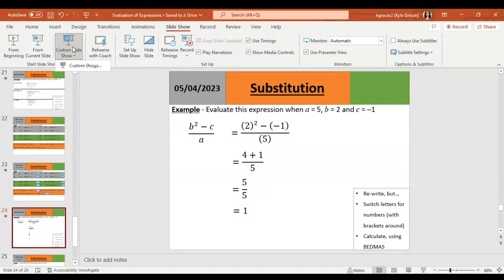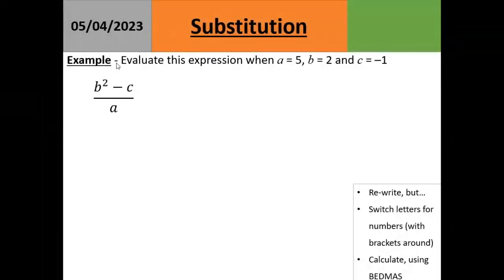Okay, so we only have a few more slides left. Let's get into some even trickier ones. So now we have a mixture of things happening. We have B squared minus C over A, minus